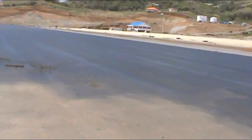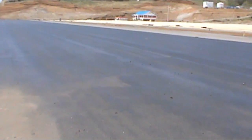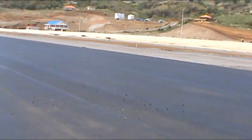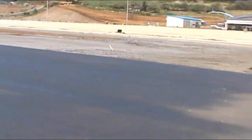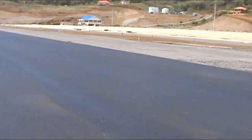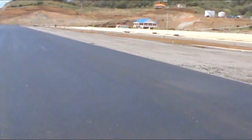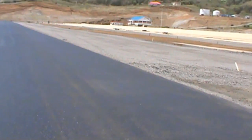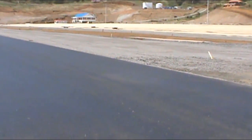but just this area down here going towards the south has been sprayed with the asphalt oil, and no doubt they're going to start to do this area. You see, all on the side, on the shoulder area where we have that stone last week, they were compacting it, and there's still some more stone to be placed in some areas here right in front of us there. But when they start to do this asphalting work here on this section of the Alpha taxiway, they will probably do the shoulder area out here as well, because on the shoulder end of the taxiway they only putting down one layer of asphalt, whereas on the taxiway itself,